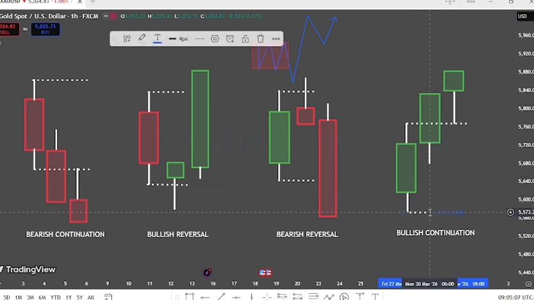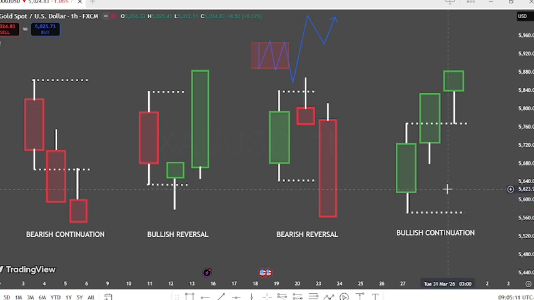and CRT works better on the 1 hour chart. On the 4 hours, I usually use my candle range of the 4 hour chart combined with time, and the time is 5 a.m. New York time. The 4 hour candle of the 5 a.m. New York time